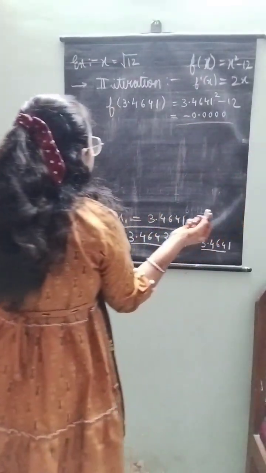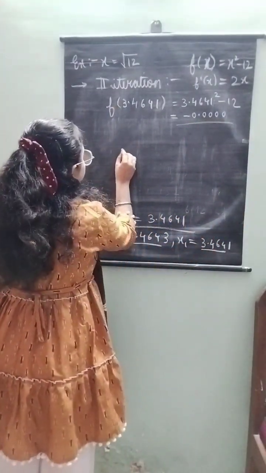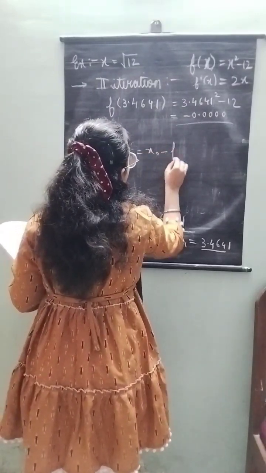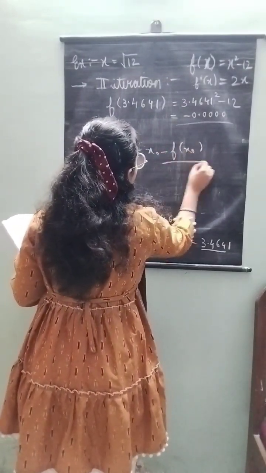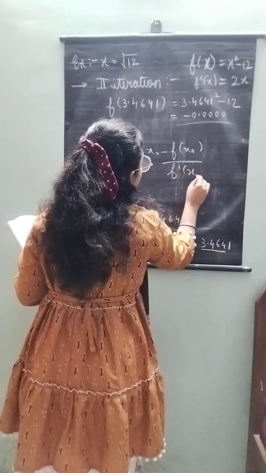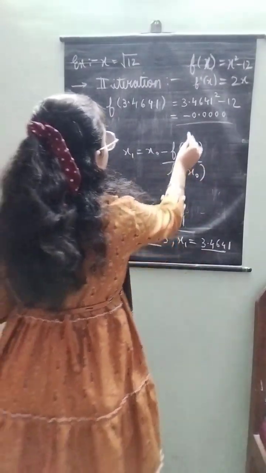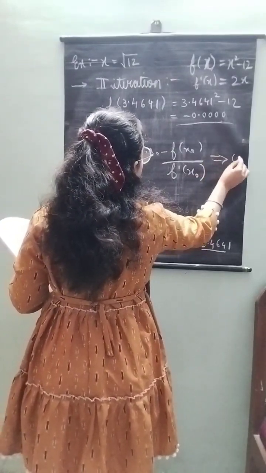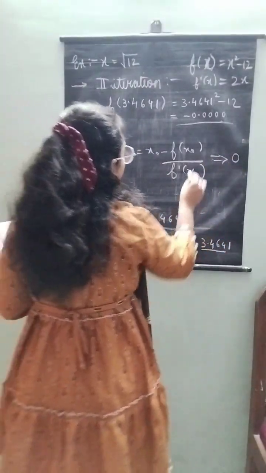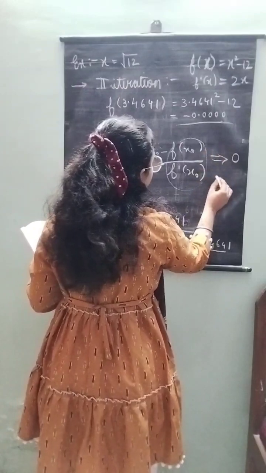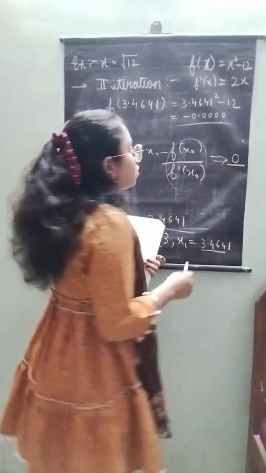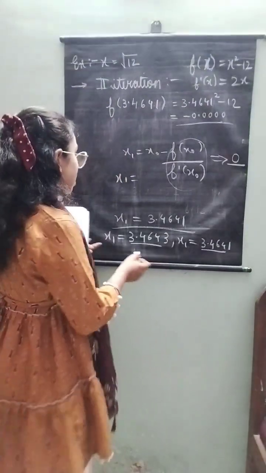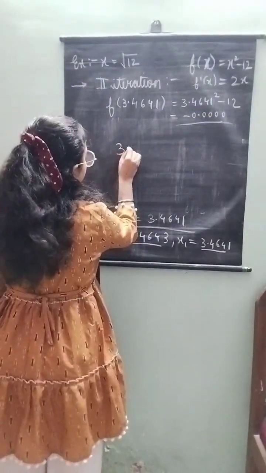As it has come to an end, in the formula x1 is equal to x naught minus f upon f dash of x naught, this value, if I put it here, will become 0, and ultimately the whole thing will become 0. The function has vanished, so we will stop here, and the required solution will be